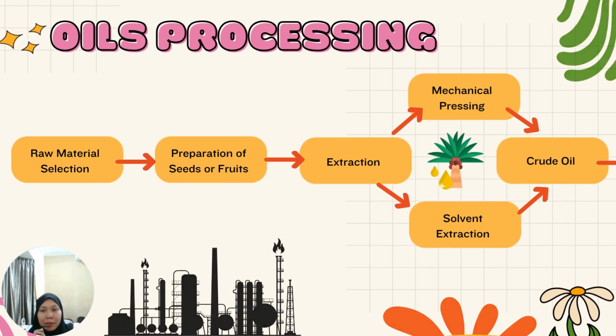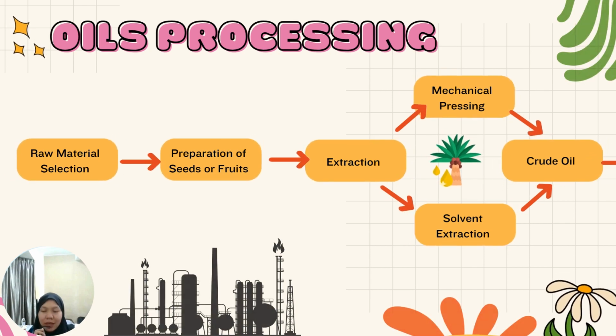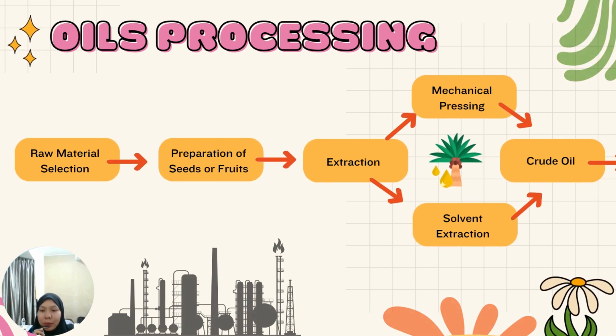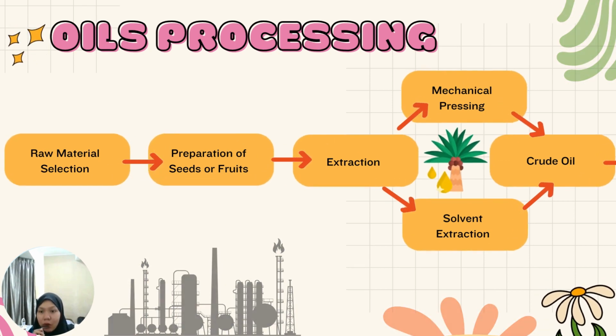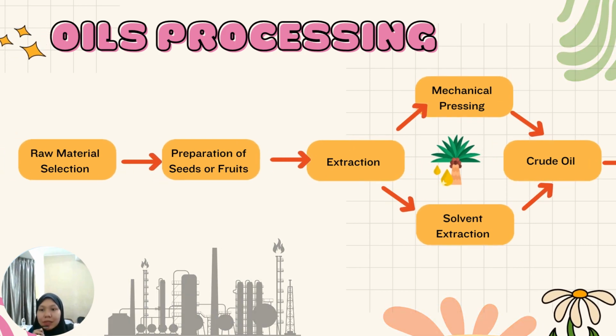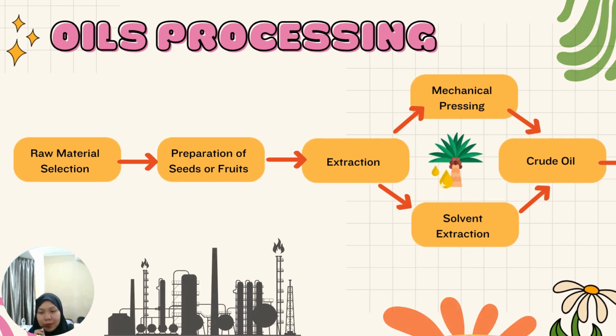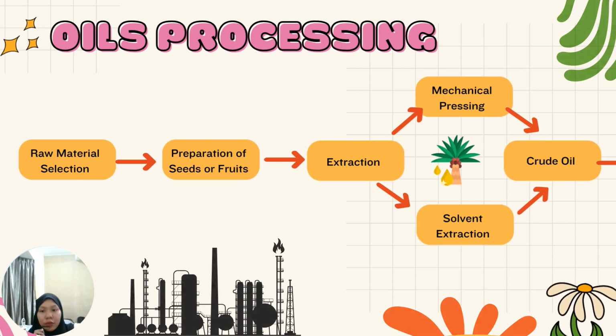There are two primary methods for extracting oil from oilseed, which are mechanical pressing and solvent extraction. Mechanical pressing: in this method, the oil-bearing seeds are mechanically pressed to extract the oil. The seeds are crushed or ground into a paste, which is then subjected to pressure to release the oil. This process is commonly used for producing cold pressed oils, which retain more of the natural flavor and nutrients of